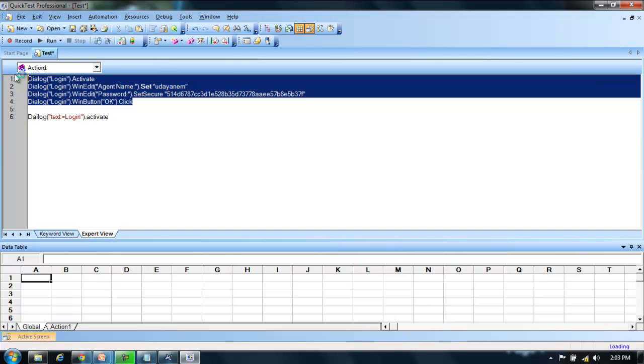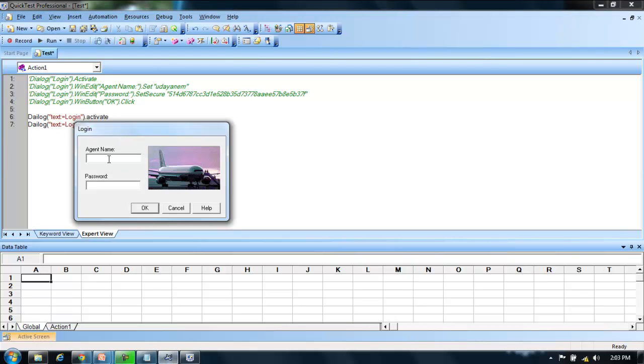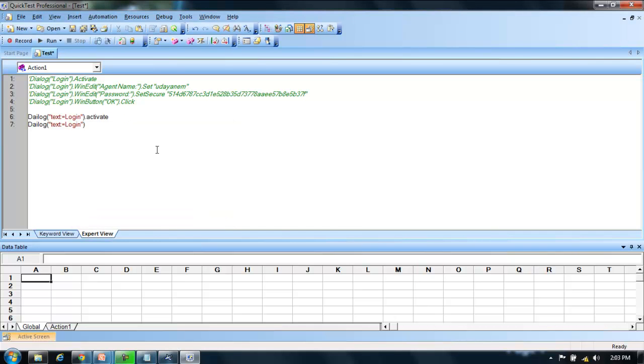Alright, so I am just commenting this one in order to give you a clear idea of what exactly we are doing here. After that, in this dialog box I have two web edits, right? So in order to enter some value in age and name, we have this edit box in the dialog box, right? So first we need to give the dialog box. In that, what we have is the edit,